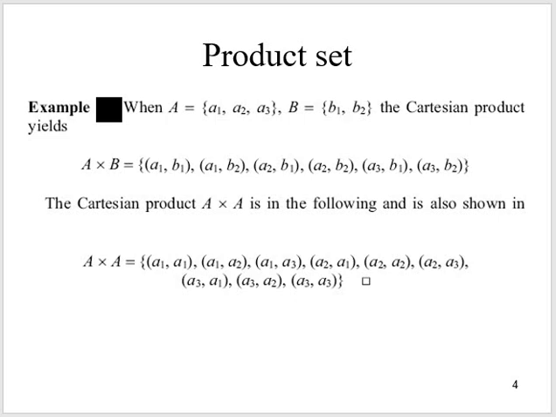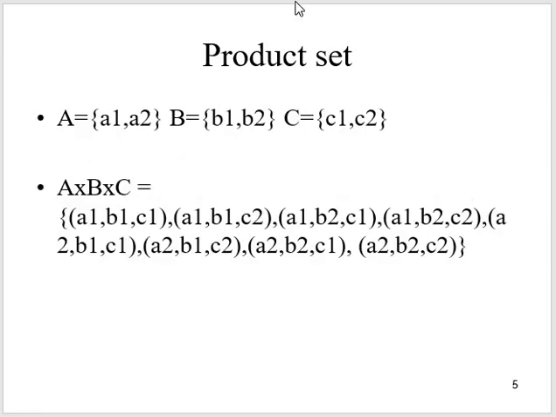So consider this example: A equal to the set {a1, a2, a3} and B is the set {b1, b2}. A cross B is the set of all ordered pairs (a1, b1), (a1, b2), (a2, b1), (a2, b2), (a3, b1), (a3, b2). Similarly, it is possible to find A cross A and B cross B, etc. This is another example.